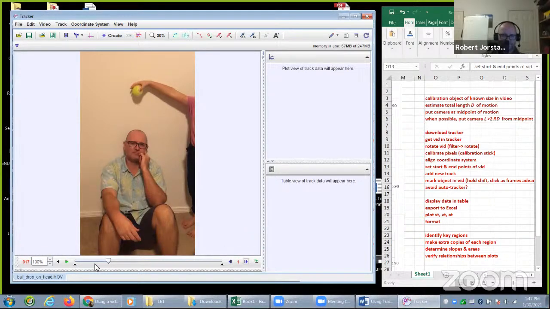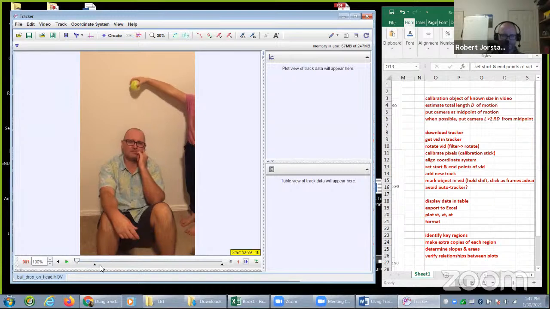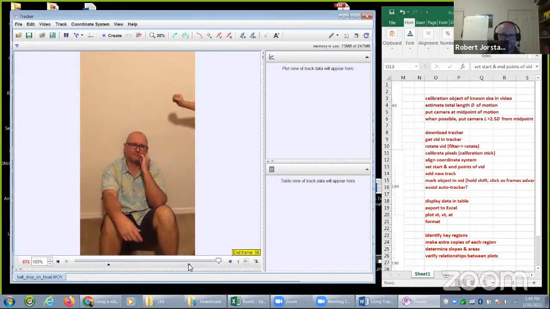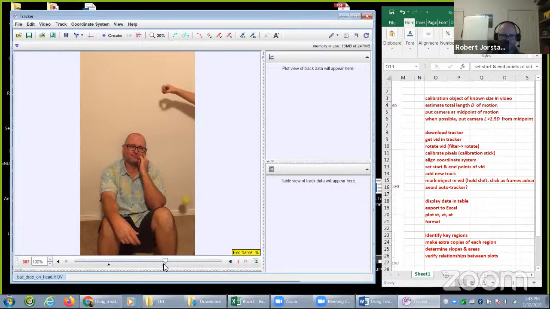Should be moving. Hold on. Sorry, I didn't grab it. There we go. Right about there. Looks good. And now I could set the end frame too. Oops, I don't see the ball anymore, so let's keep going. Maybe right about there. So now that I've got my starting and stop times, I'm just going to hit